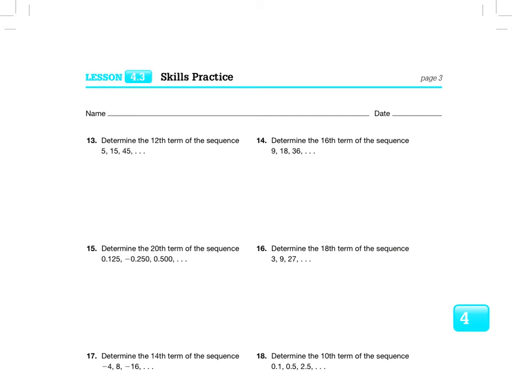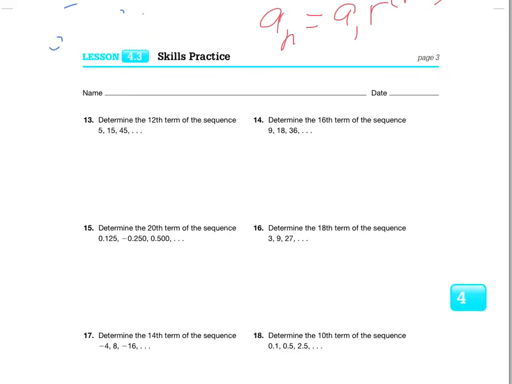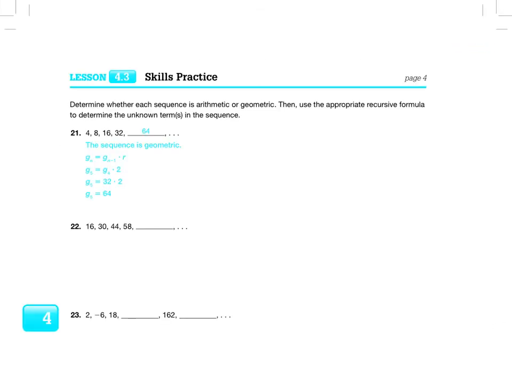So for page 3, you have to do that whole thing all by yourself. You want to write the formula at the top, just so you have it written down. So you get the first term in the sequence times the ratio to the power of n minus 1, which is the term you want, minus 1. Remember, if it's 5 to the 2, it's not 10. It's actually 25, not 10, okay? Just keep that in mind as you're doing this. It looks like a lot of busy work. And last page,